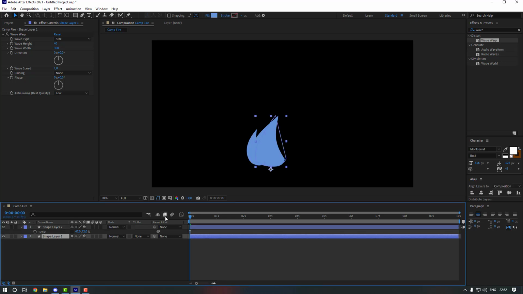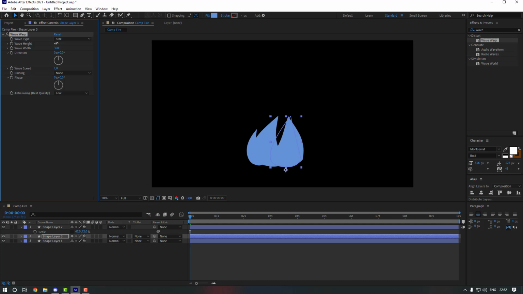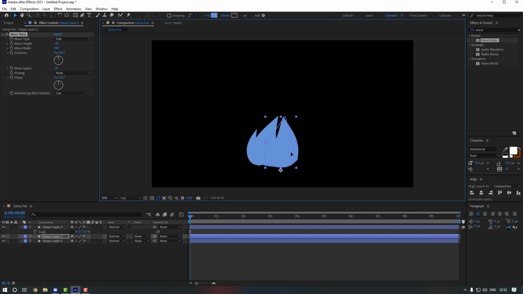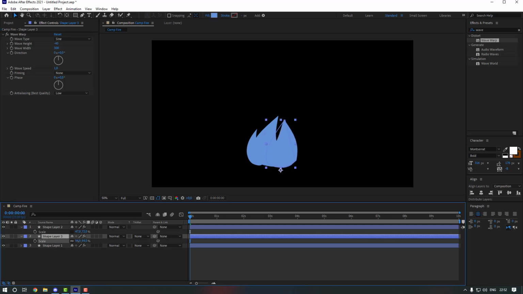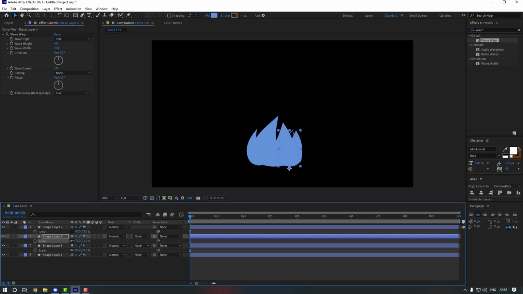Let's duplicate the shape layer one again and move to the right, and from here go to FX controls and change the wave height to -40. And let's move it to here and press S. Let's change the scale a little bit. And let's duplicate one more time and move to the right and press S. Let's change the scale